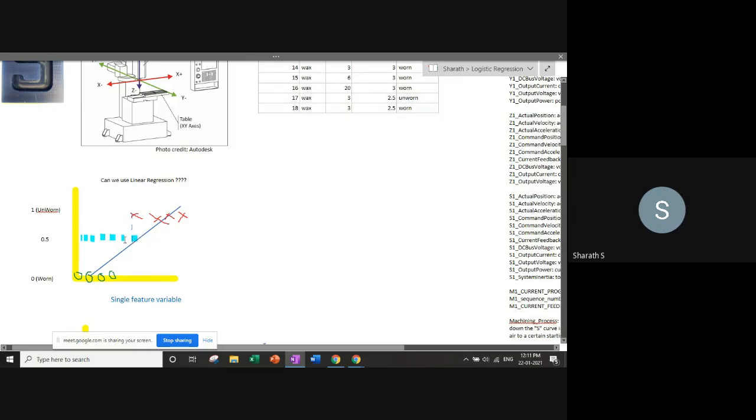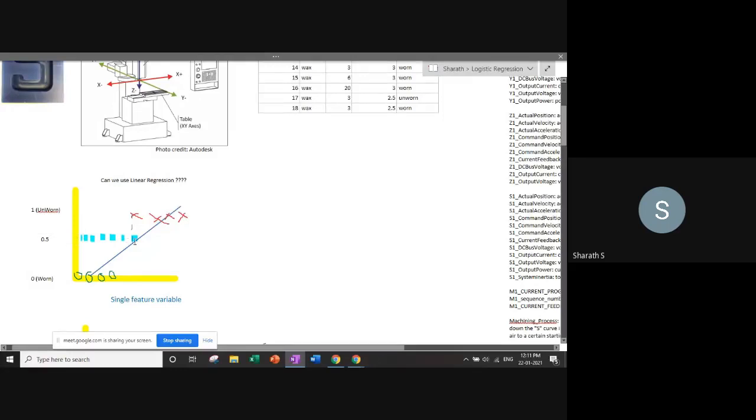And then you say whatever is below this 0.5 is one class, and whatever value you get above 0.5 is 1. So what is happening here? If you extend this line, this value it is predicting, or fitting here, corresponds to this value. Similarly, this value corresponds to a point here, and so on.